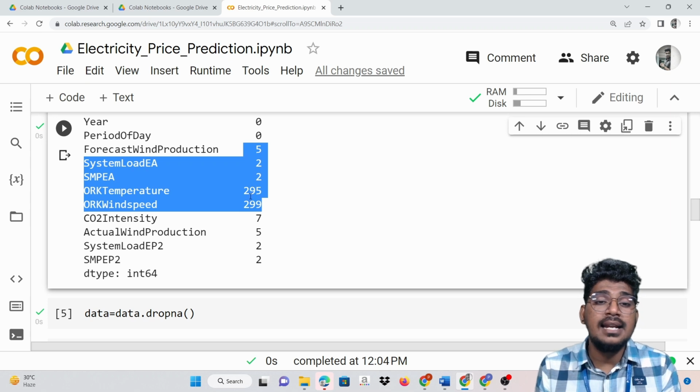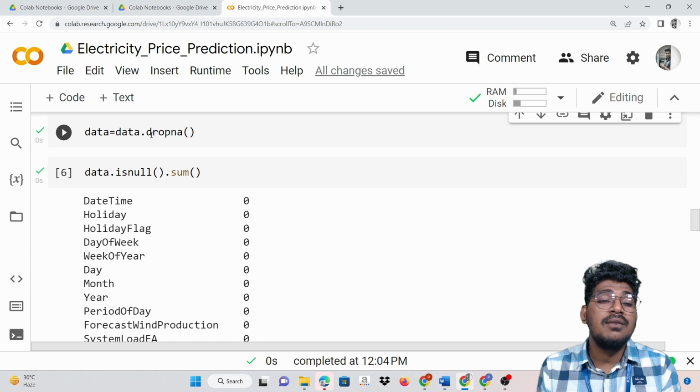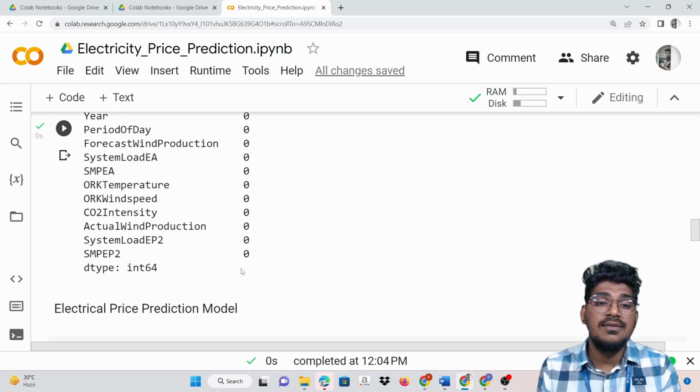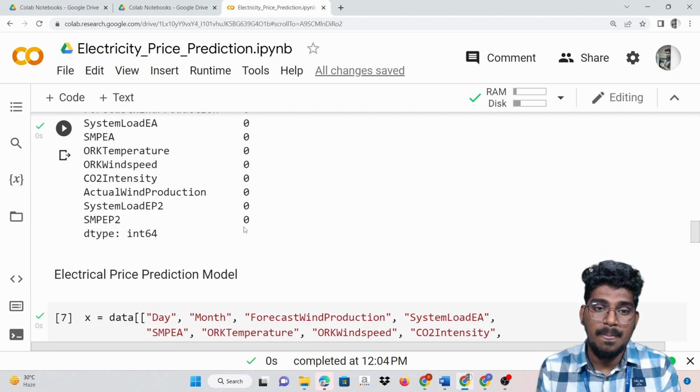For example, nearly 600 rows will be removed. So dropna will help to remove the 600 entire rows. Now we are going to check data.isnull().sum(), and there is no null value; all values will be 0. Right?